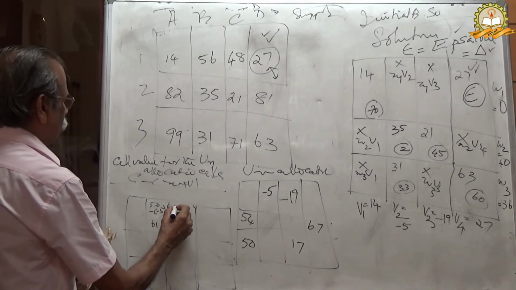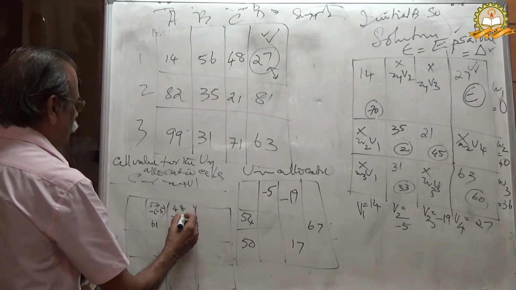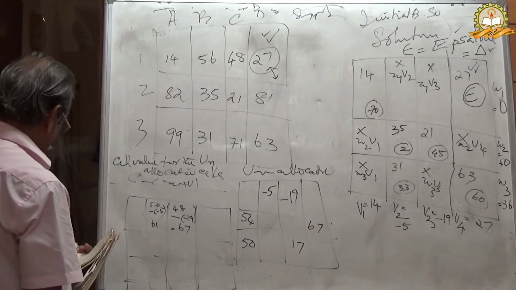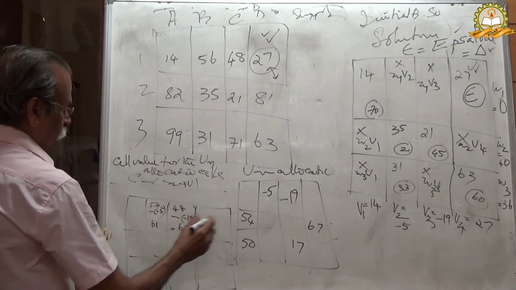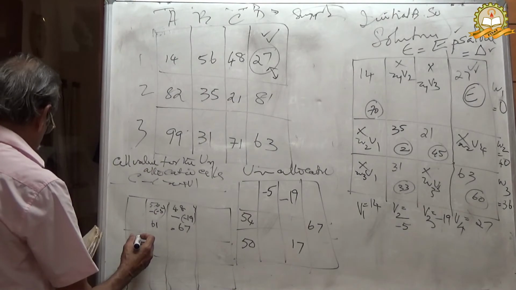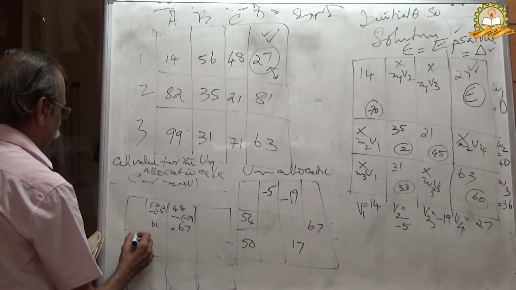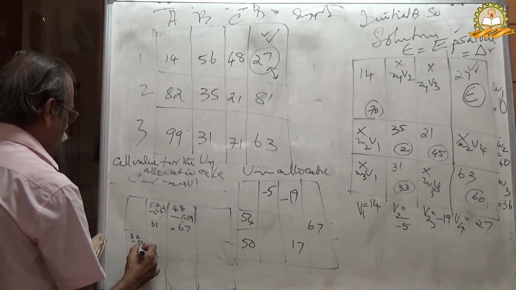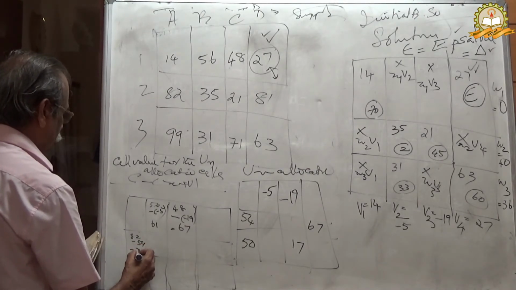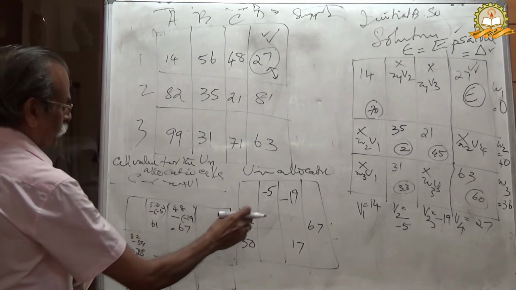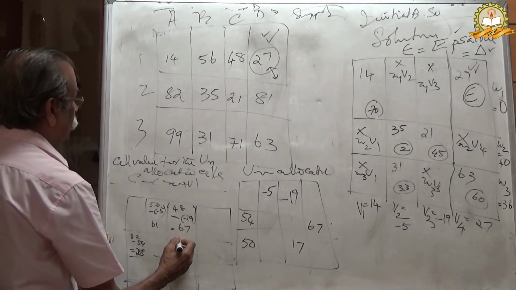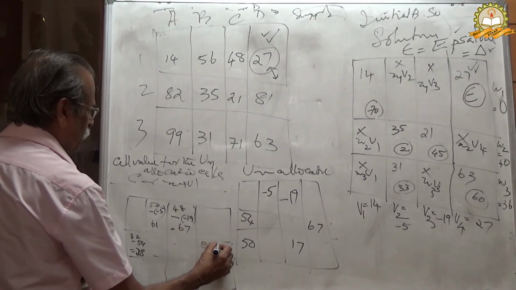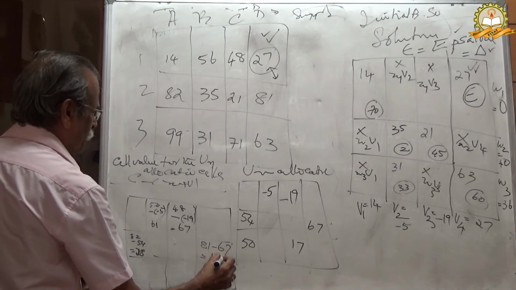Original value is 48 minus of minus 19 equal to 67. Then this one, old value 82 minus 54 equal to 28. Then you have 67, old value is 81, 81 minus 67 equal to 14,